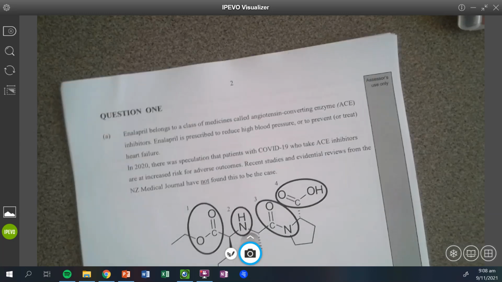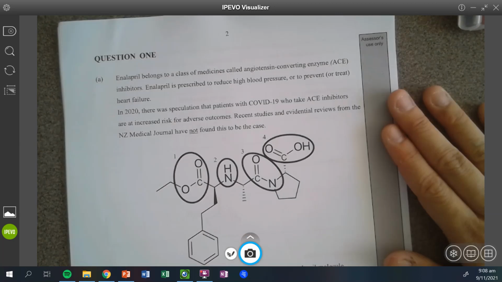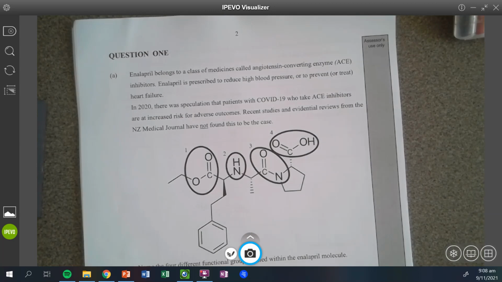All right, switching gears to organic. First question was just all on can you identify your different functional groups. Hopefully you guys found that one easy. They love to stick it inside a molecule that's more complex, just to kind of make sure you guys understand the real process of how to figure out the